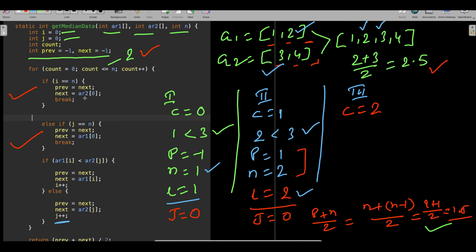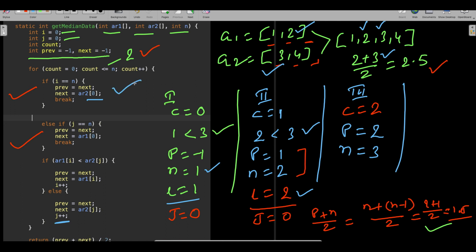Your previous is going to be changed. So in the third iteration, basically what happens is your previous becomes 2. Now look at the logic here, and your next will be the second array's 0 element. So 3 is what? The second array's 0 element. That is the reason I have hard coded it here, and that's how you have to write the logic. So here your next is going to be 3. Now you will get the correct answer, (2 plus 3) by 2, and that's where you have to write these conditions.